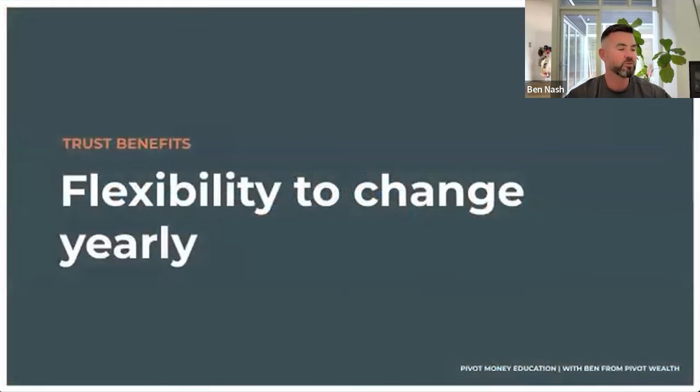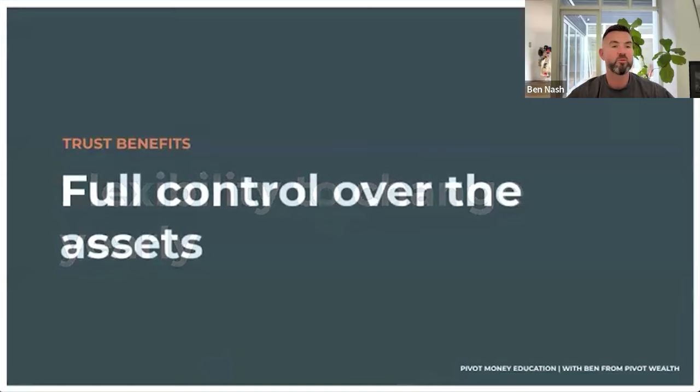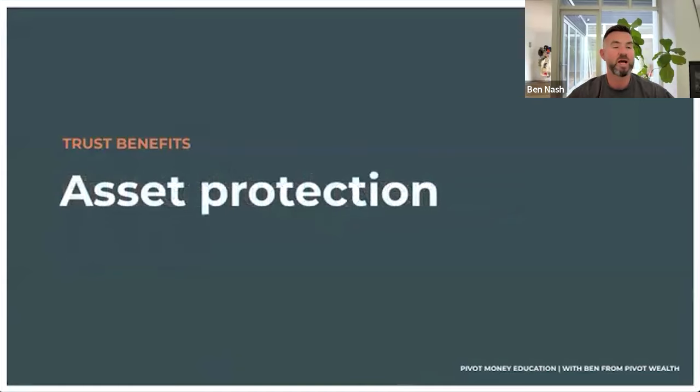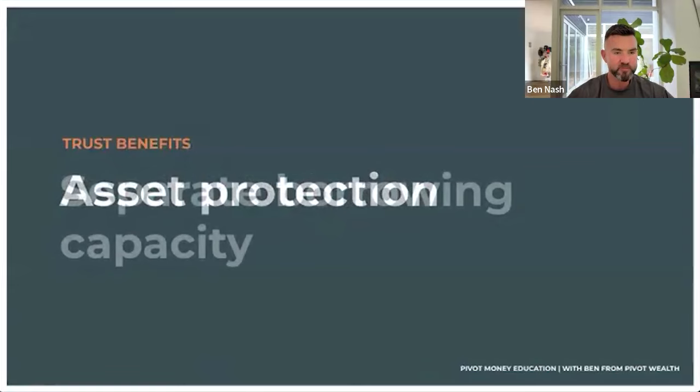And so the beauty of a trust, or one of the benefits of a trust, is that you get the flexibility to change your strategy each year. You can distribute one year to yourself or split with yourself and your partner. The next year you can distribute to an investment company. A lot of flexibility in there as well. You have full control over the assets. You get a bunch of asset protection because all of your assets aren't just held in your name. That can be particularly important if you're a business owner or you're working in a higher risk profession, like a lawyer, a doctor, or something like that.